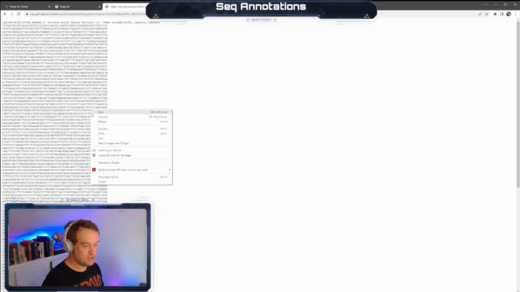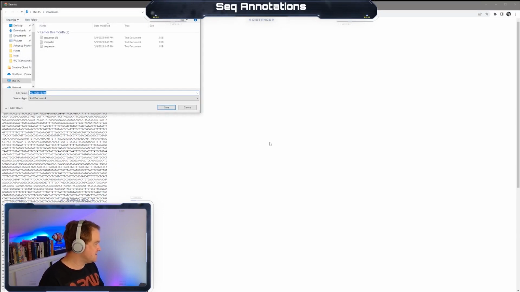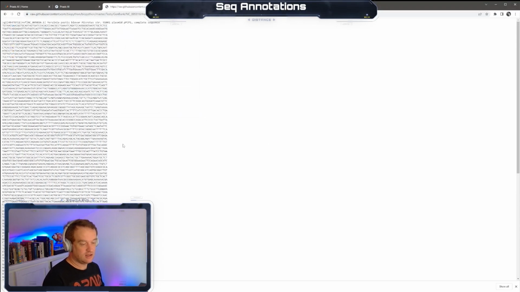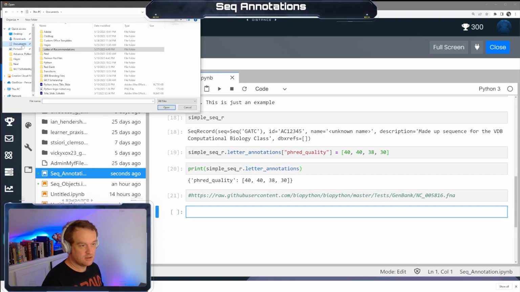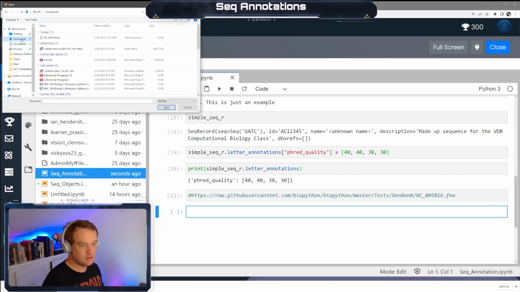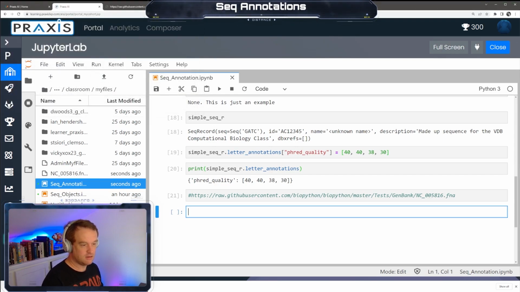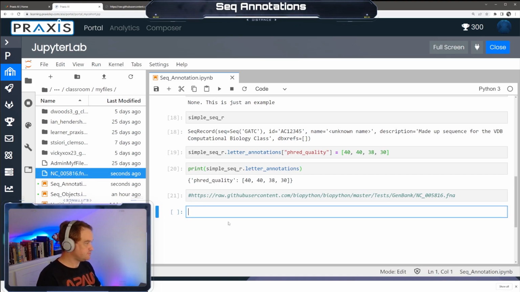So what we want to do is we're going to save as, and we're going to save this as NC_005816.fna, and then I'm going to upload it from my computer here. There it is. Okay. So now I'm going to do from Bio import SeqIO,